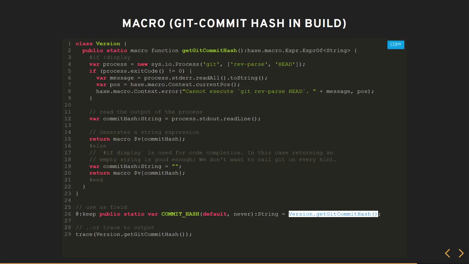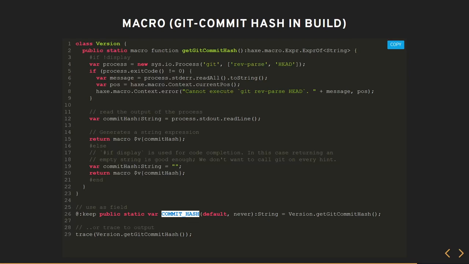And inside your program, you would use it like this. You could either reference commit hash, or you could... No, sorry. Yeah, so inside of your final program, you would reference commit hash.